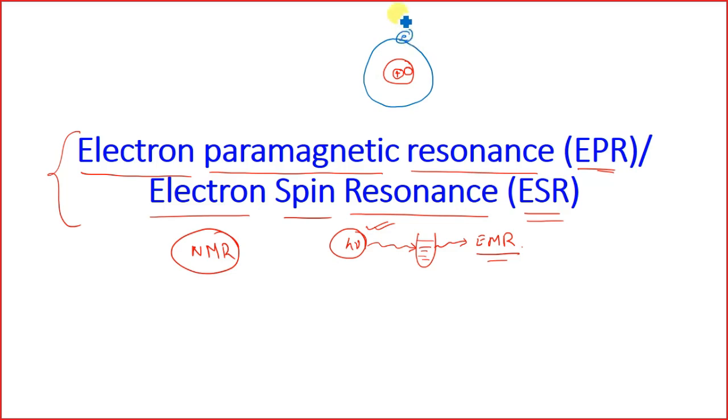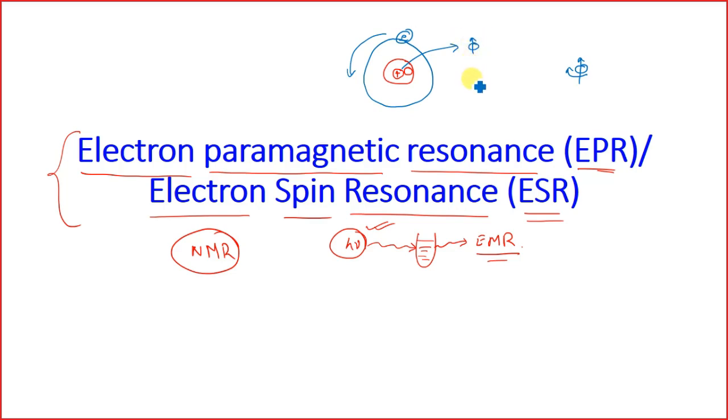which move. Now the movement of this electron is in two ways. It moves on its axis, and also it moves across its orbit. So there are two types of spinning, spinning on its axis and the orbital spinning, unlike in the proton, where we discussed that the protons mainly move on their axis.